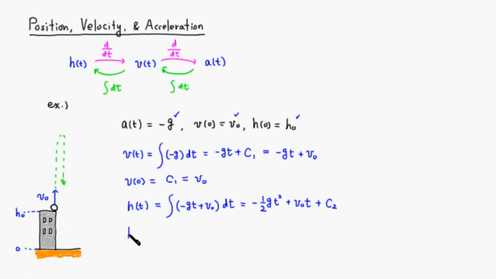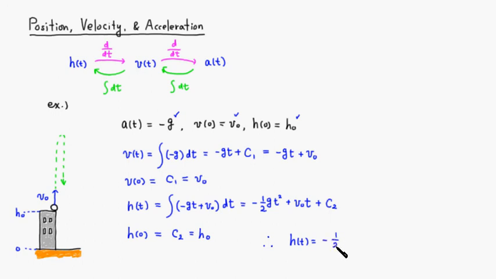So when t equals 0, the initial height is h0. So plug in 0. Right? Luckily, the first term is 0. The second term is also v0 times 0. So again you just have c2. Right? This is supposed to be equal to h0. Right? So therefore, we found a complete formula for the height function h of t is equal to